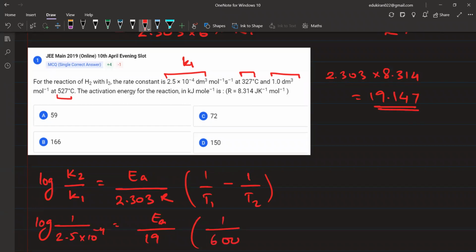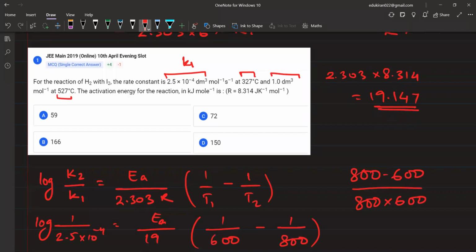T1 is 600 Kelvin and T2 is 800. हाँ, तो इसको कर लेते हैं पहले. 800 minus 600 upon 800 into 600. This will be equal to 200 upon 6 8s of 48, and then how many zeros? 1 2 3 4. इसमें से 2 0 cancel, 2 0 cancel, and this will be equal to